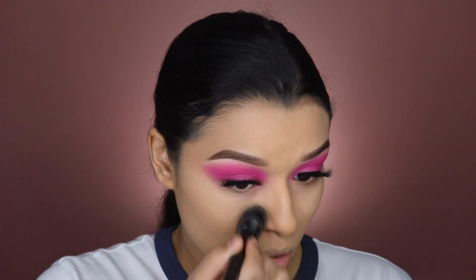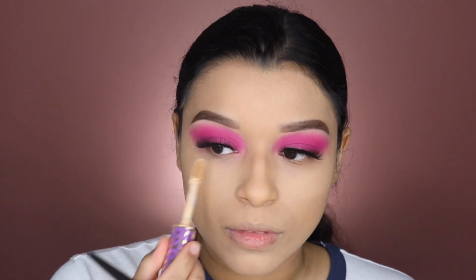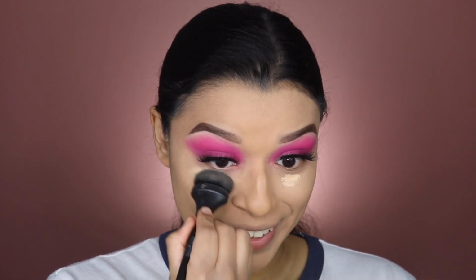Let me know down in the comments if you've tried this foundation. I'm curious to know what you think of it. I'm gonna apply a little bit more concealer. Let me know in the comments how I'm doing